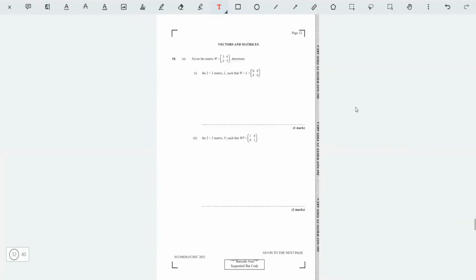Now we're at the final question of the paper. It says, given that the matrix W